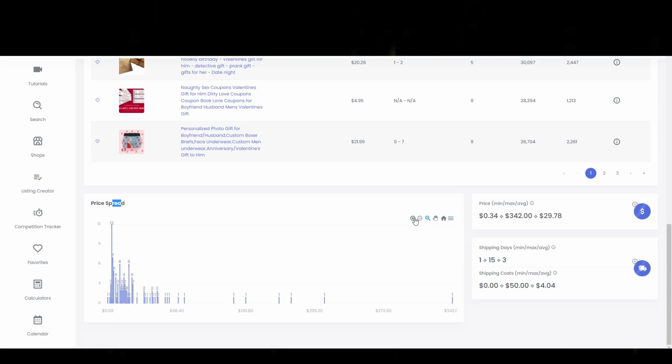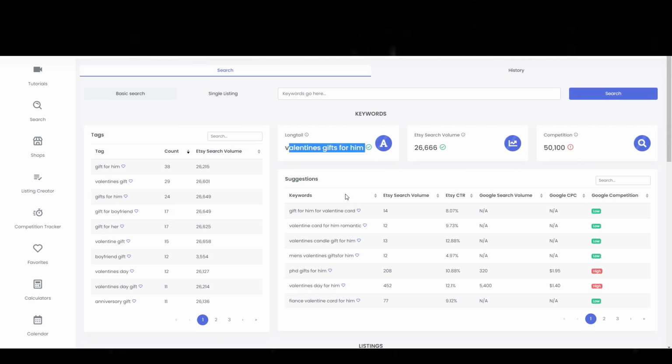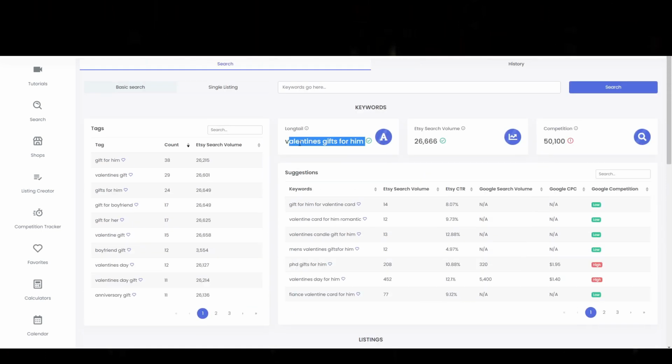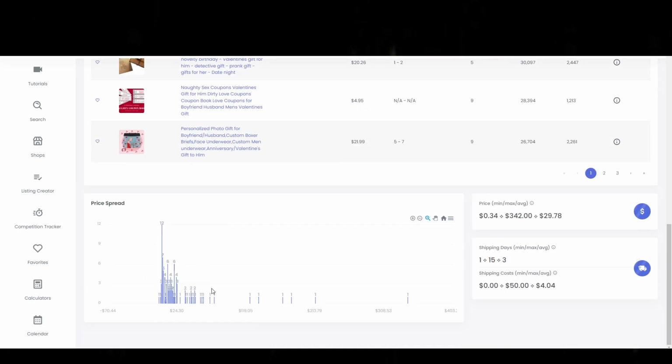So the price spread is very important because what we can understand here is, on an almost plotted scale, how frequent the listings are based on their prices. For example, we can see here that it's very rare for the keyword Valentine's gifts for him to exceed the price of, let's say, $200. Very, very rare. We only see that once, or twice. But it is very likely that a product with the keyword Valentine's gifts for him does not exceed the price of, let's say, $21, because you can see here the majority of products listed are stuck